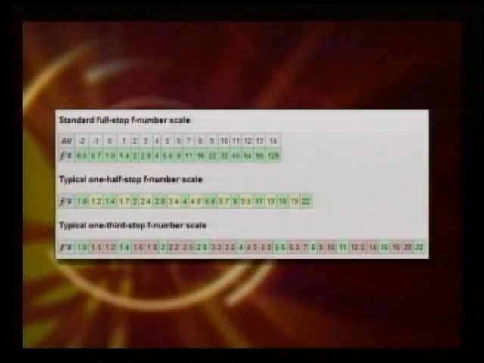And then we'll just look at another chart. I don't know if you can read that or not, but that's a chart of the common F numbers. You see the green, those are the most common F numbers that you'll find on lenses, with some other numbers appearing in between. And actually if you're going to buy an SLR camera, that's one of the things you want to look at. It's like, what's the largest aperture that this lens will give me? Because the more light you let in with the bigger aperture, the shorter your shutter time is, and we'll talk about that in a minute.